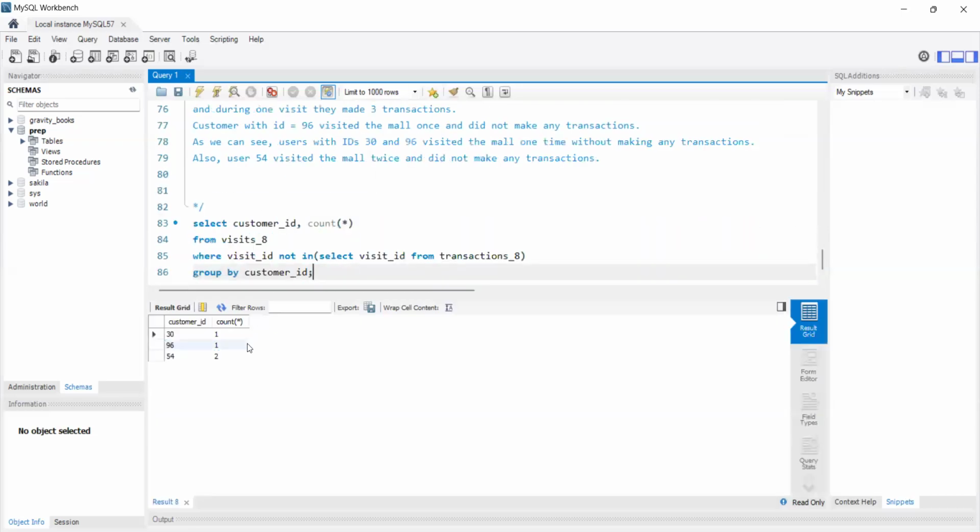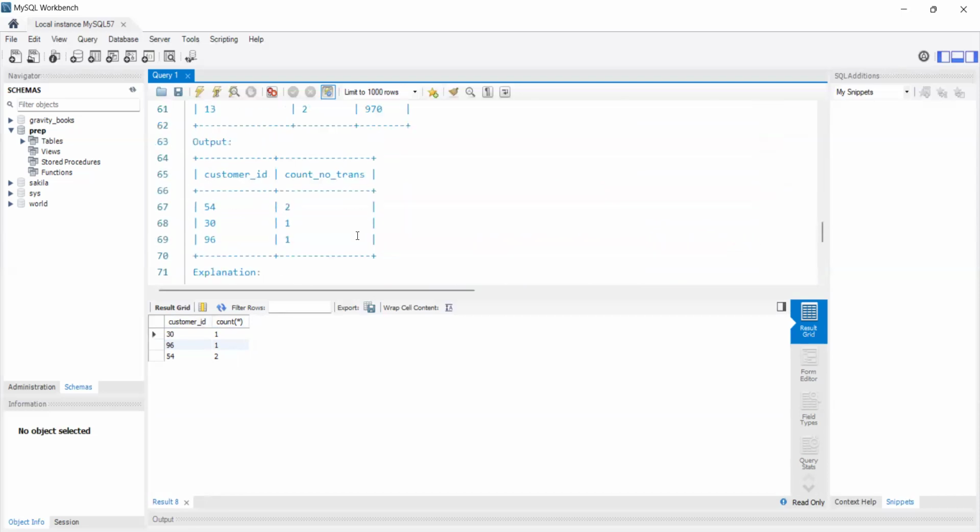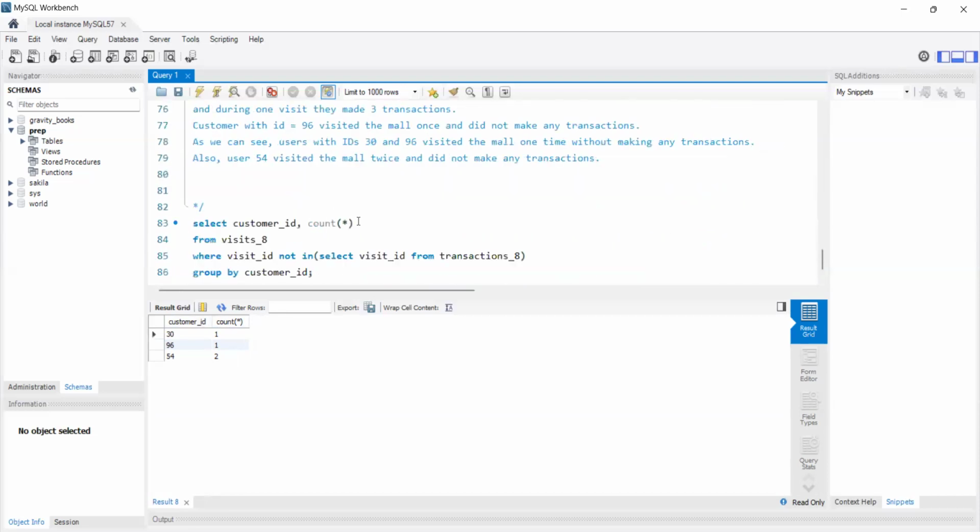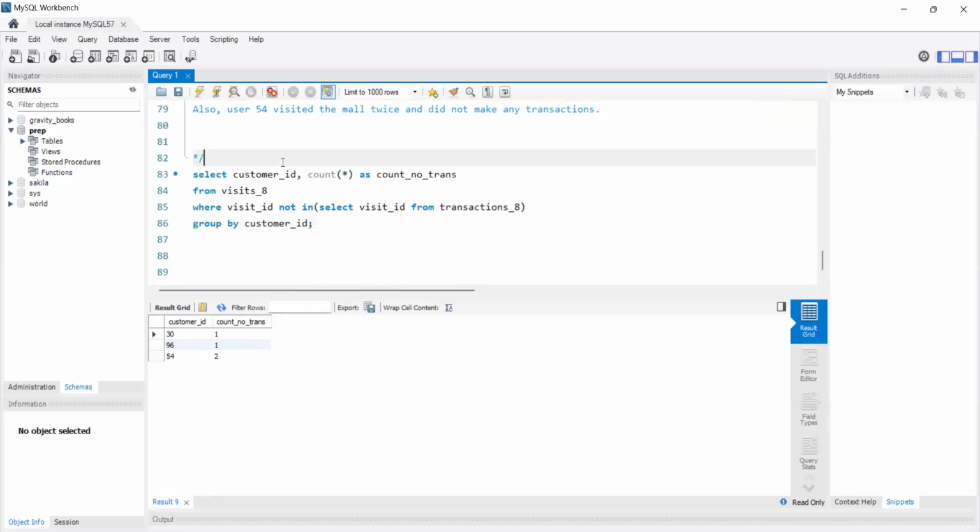We can run it. Yeah, so now you see customer ID and its count, right? And here the output column. So in Leetcode, once we run this query, it will fail because it wants this count as this column. So we can give it the alias and run it. Now you see that customer ID count no transaction is this. Okay, so this is the one solution using